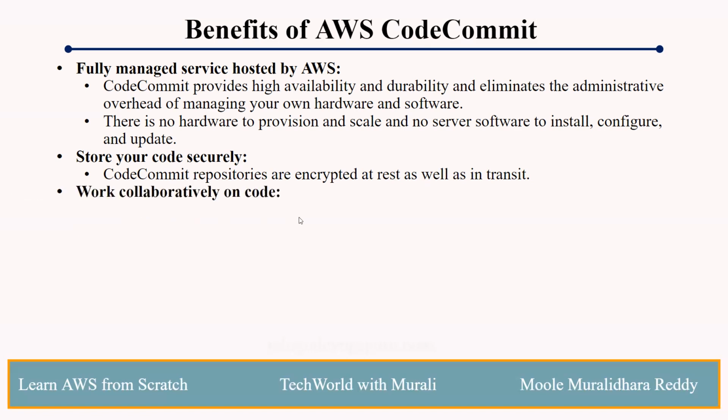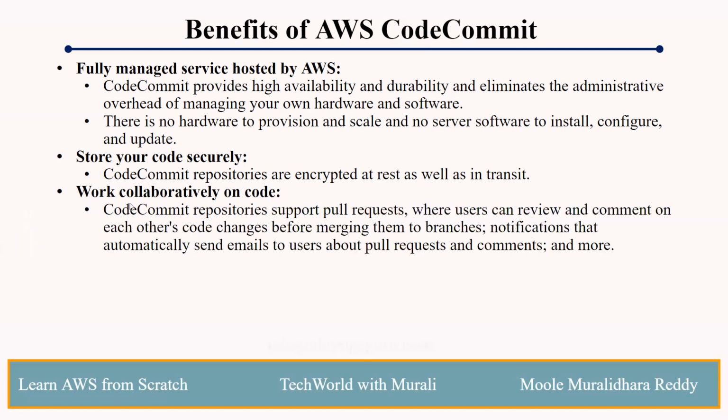Work collaboratively on code. Here the AWS CodeCommit repository supports pull requests, where users can review and comment on each other's code changes before merging them to the branches. Before merging particular code to the branches, we can review that code. Also, we can send notifications, for example through SNS, to Microsoft Teams. We can configure it so that if you make any changes, raise a PR, or add any comments, we also receive the